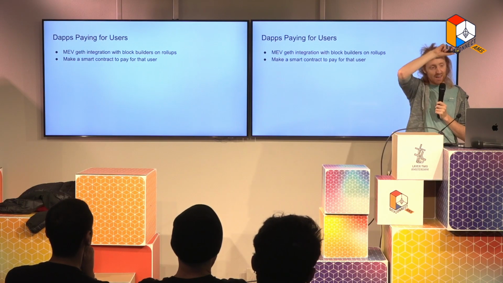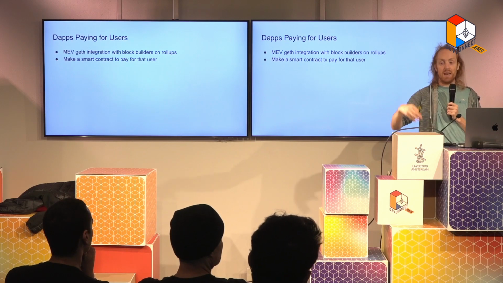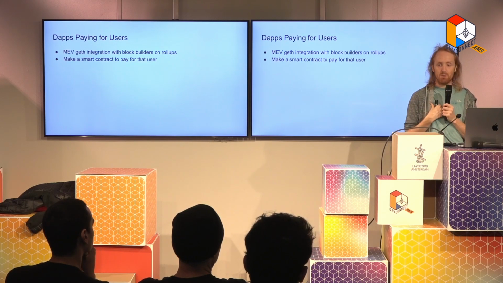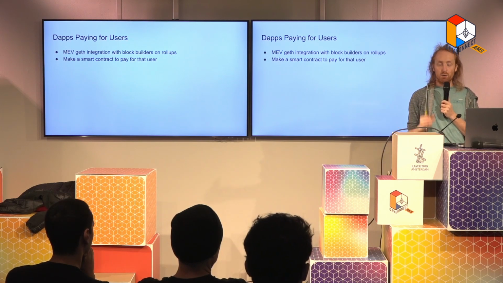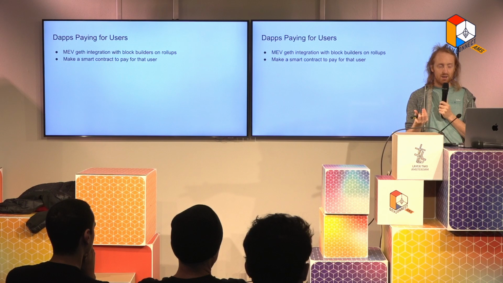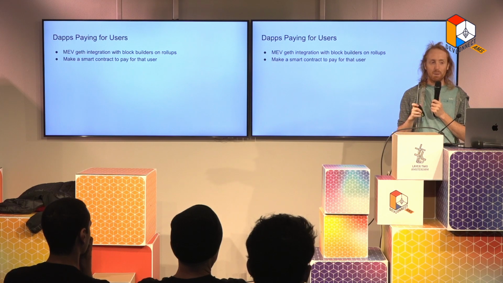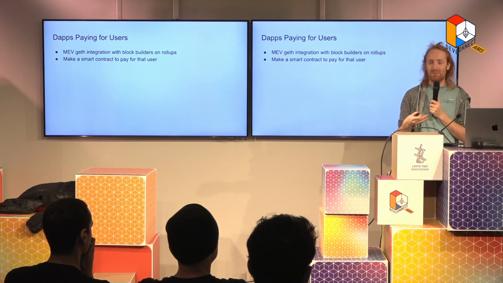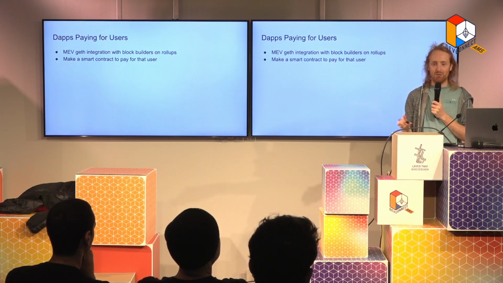Another nice thing that we would really like to have is a way for dApps to pay for the users. This is kind of enabled by the same thing. If I'm a dApp creator and I make my own version of Uniswap, I deploy it on Optimism, and I want my users to be able to use it so that they don't have to pay gas, because I want to have a lot of users, and forcing people to get gas is really, really difficult.